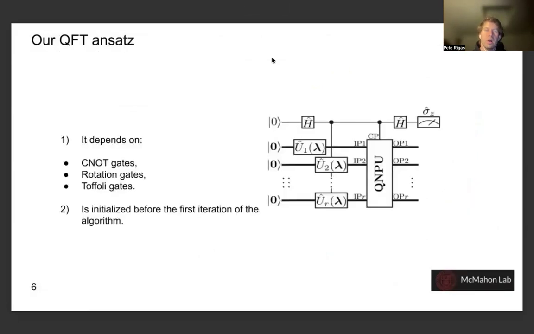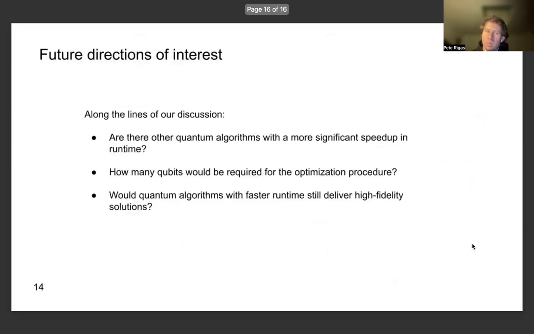In our QFT ansatz, which is meant to denote the initial solution state of the Hilbert space that we use when we apply the variational quantum algorithm, is dependent upon CNOT gates, rotation gates, and Toffoli gates. And it's initialized before the first iteration of the algorithm, before we compile or time evolve this circuit for the first time, so that we can position the quantum simulation in a favorable state for maximizing coverage of the Hilbert space. And I wanted to close out with the future directions of interest that I had given and also